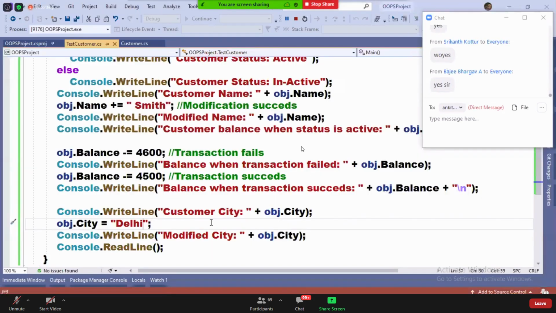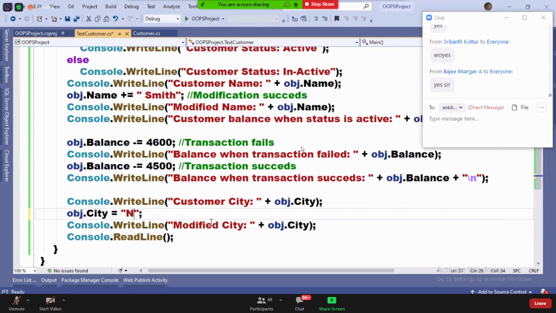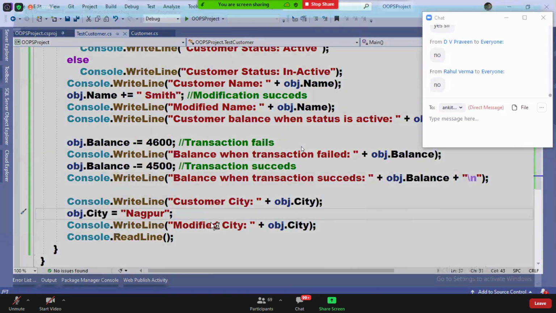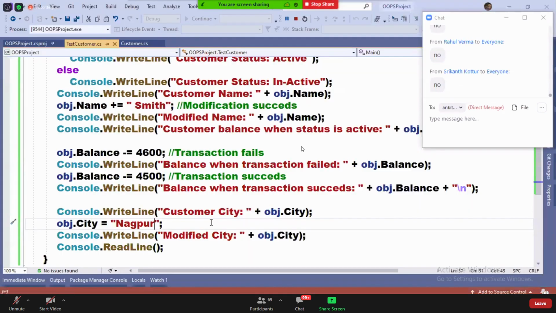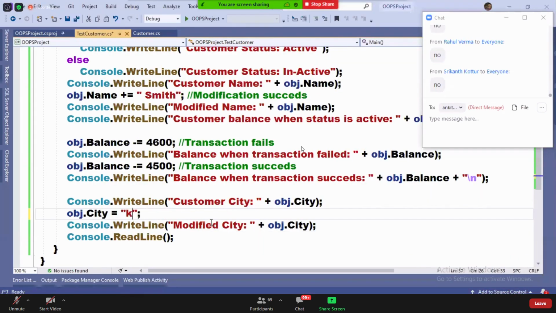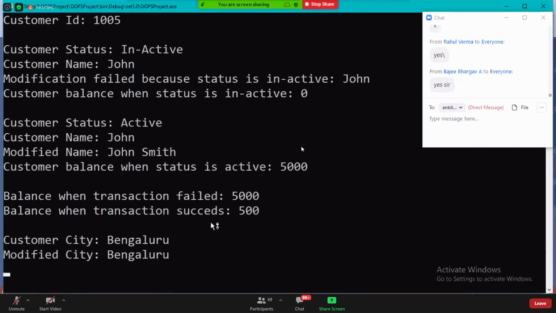Delhi allowed. Nagpur. No. Kolkata. Kolkata failed, guys. See, Kolkata failed.